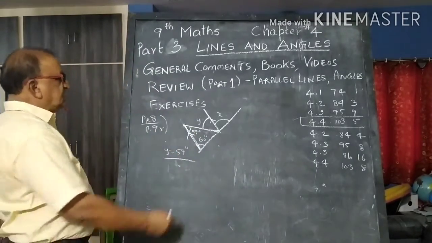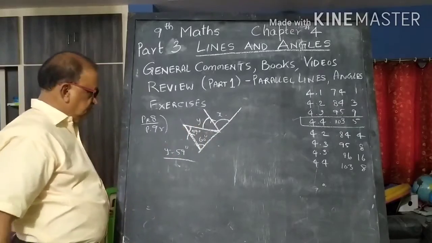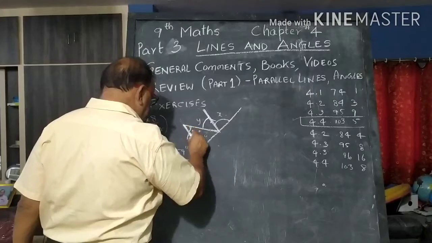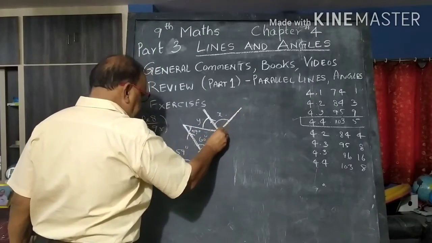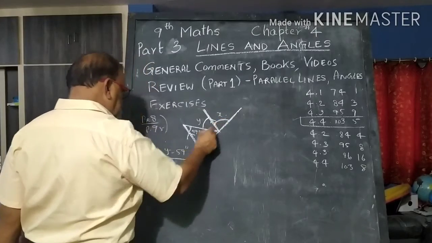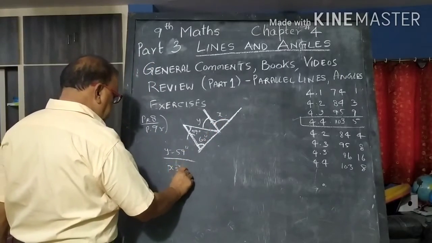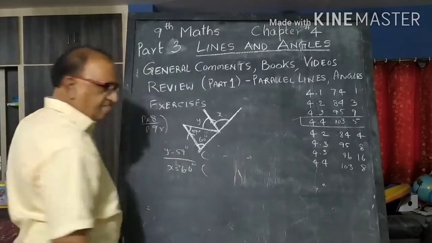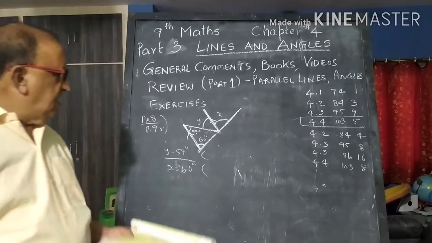Okay? This is the interior opposite angle. Now again, this line is parallel to this line, and this is the transversal. Then these are the corresponding angles. These two are equal. That means x is equal to 60 degrees. So you have to write the reasoning. Okay? Got it? Now, next problem is